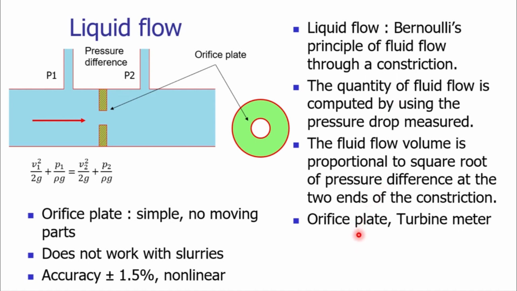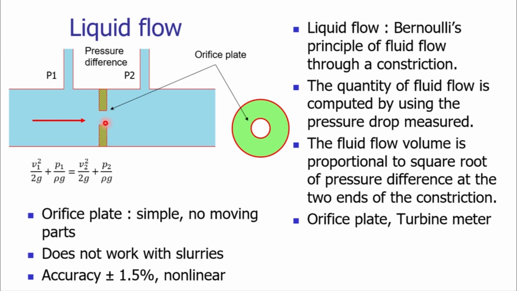The fluid flow volume is proportional to the square root of the pressure difference at the two ends of the constriction. So this is called the constriction. Consider a high pressure fluid flowing through the pipe. As the high pressure fluid comes in contact with the constriction, that is the orifice plate, there is obstruction to the fluid flow. However, it has